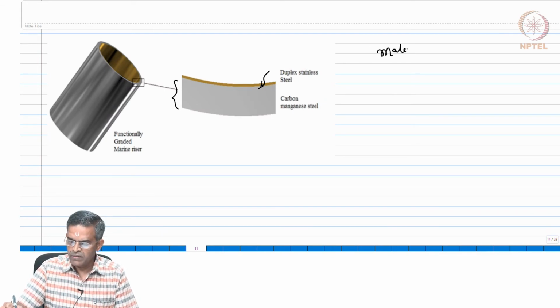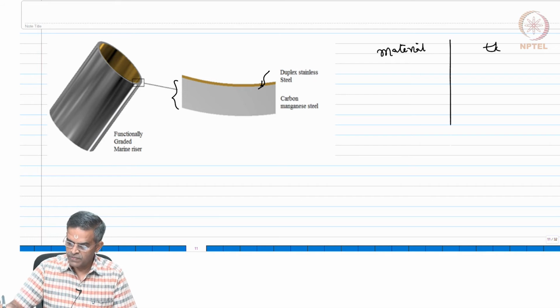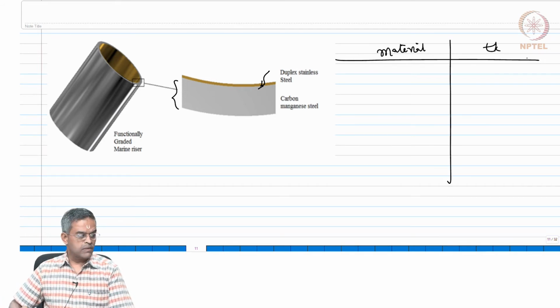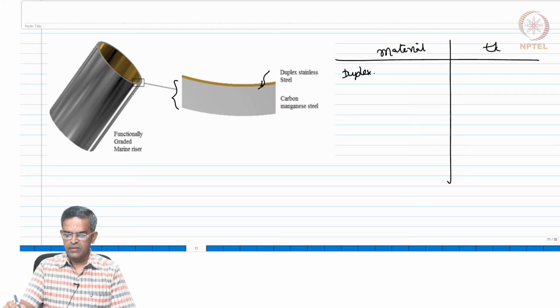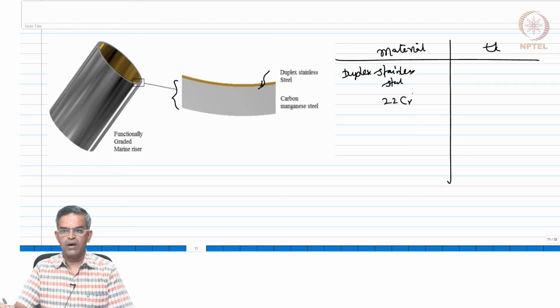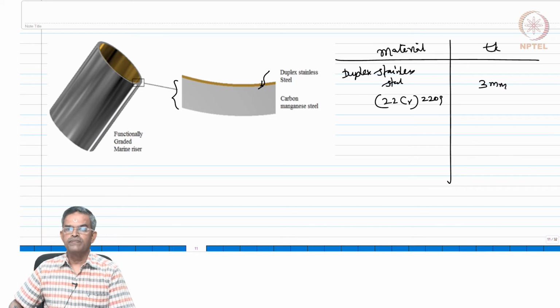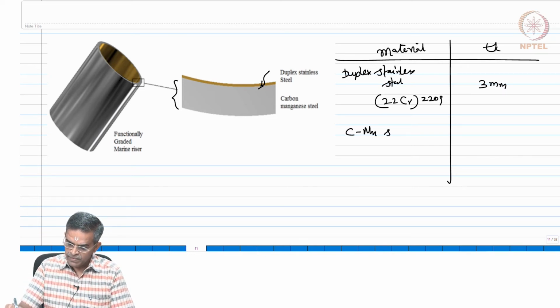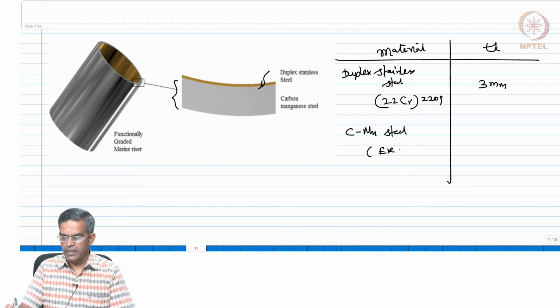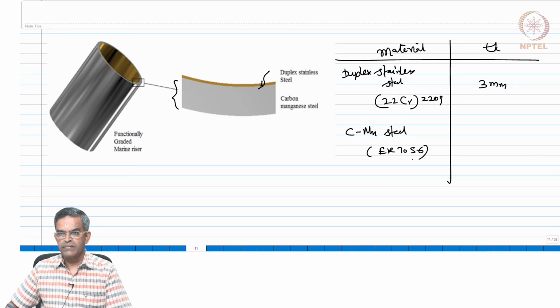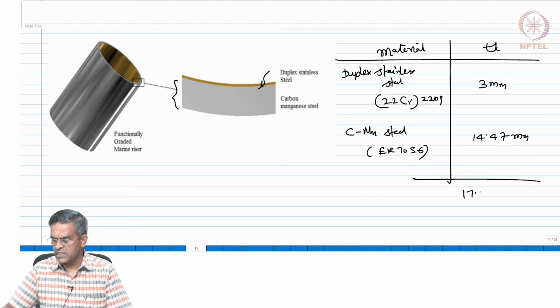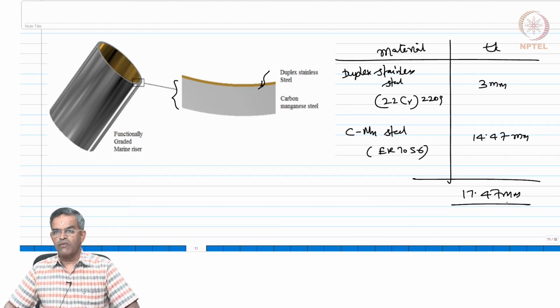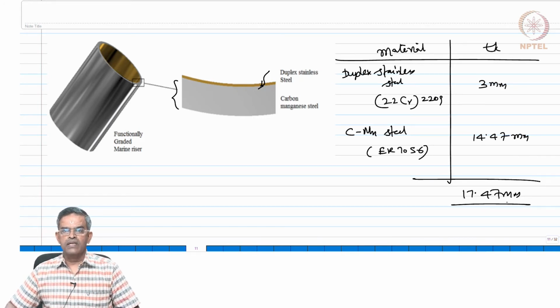Let us say what is the material and what is the thickness we are proposing. Okay. So, the material we are saying is duplex stainless steel, which is 22 Cr 2209, which is only for 3 millimeters, whereas the carbon manganese steel, which is qualifying ER 70S6 grade, is about 14.47 millimeters. So, the total thickness of the riser is 17.47 millimeters, out of which 3 millimeter is duplex stainless steel and